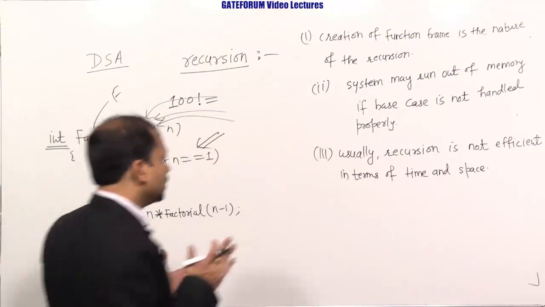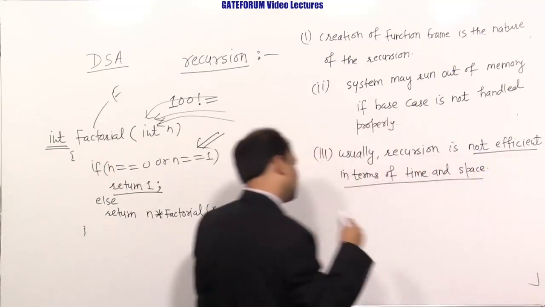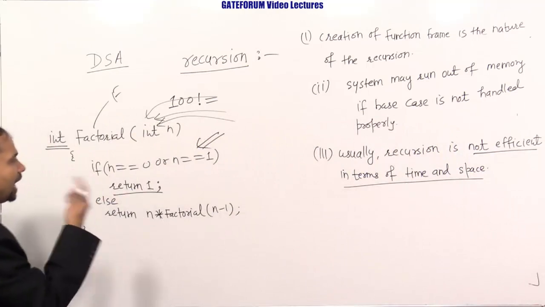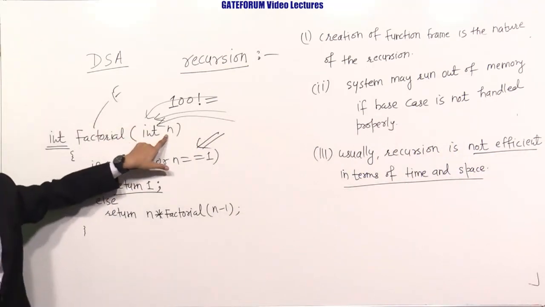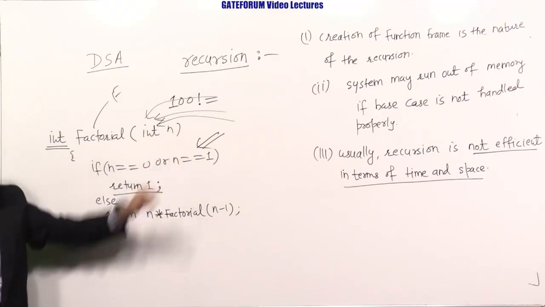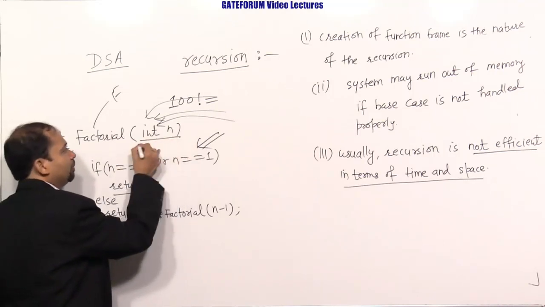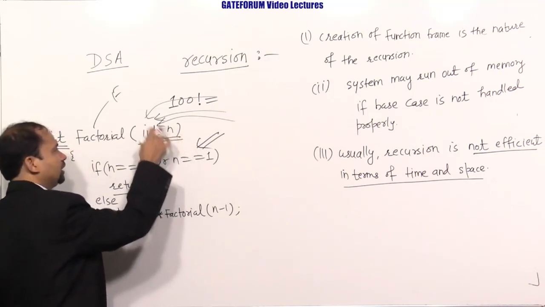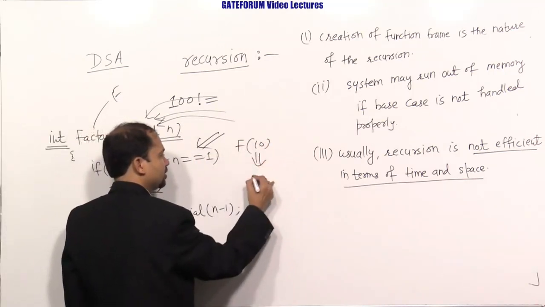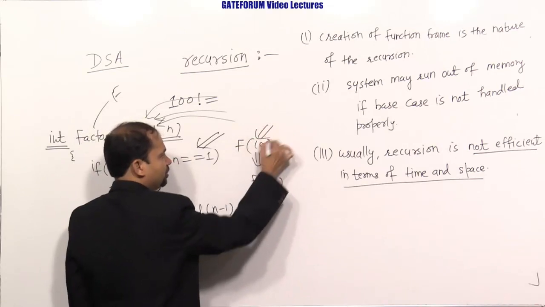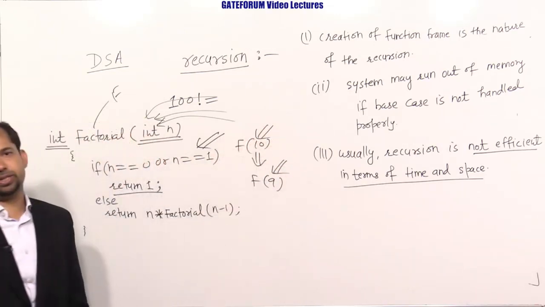But here, as I wrote, recursion is not efficient in terms of space and time. So I am giving you the idea of how much time and space it is taking. If we pass n here, how many function frames are created? N function frames are created. Every time we have to provide space for storing that variable n. Suppose f10 is calling f9. We need a space for 10, which is passed, and a space for 9. So we need n variable space.